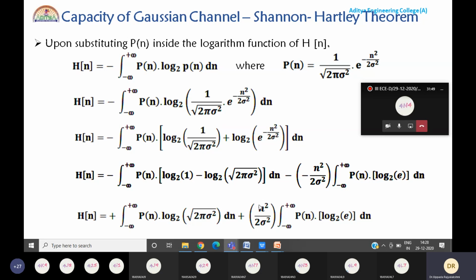Now if you observe this n square, this is a value which is dependent on n. So that's why we have to represent it inside the integration. Take the values which are dependent on n inside the integration. Take these parameters inside the integration. Okay, so therefore,